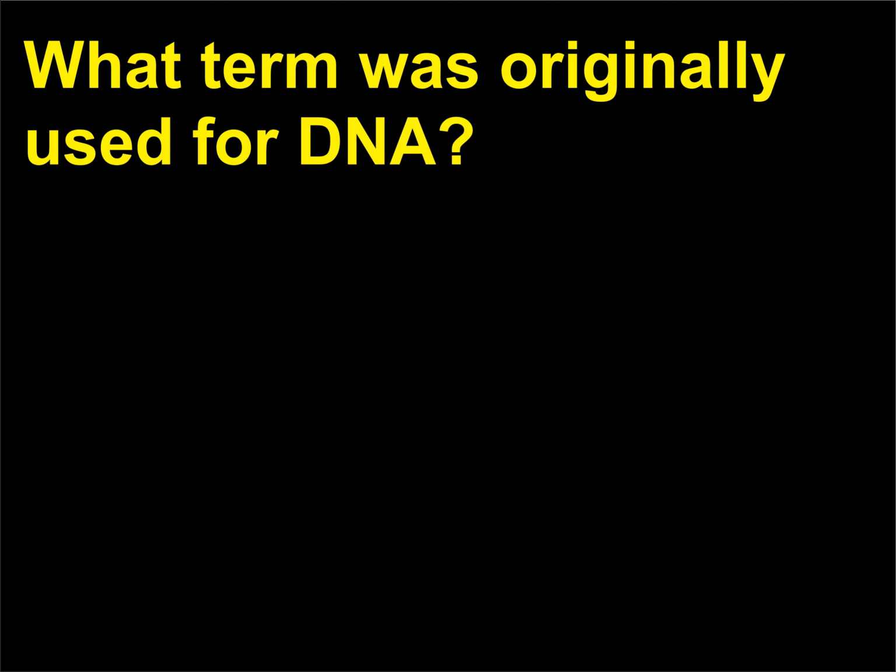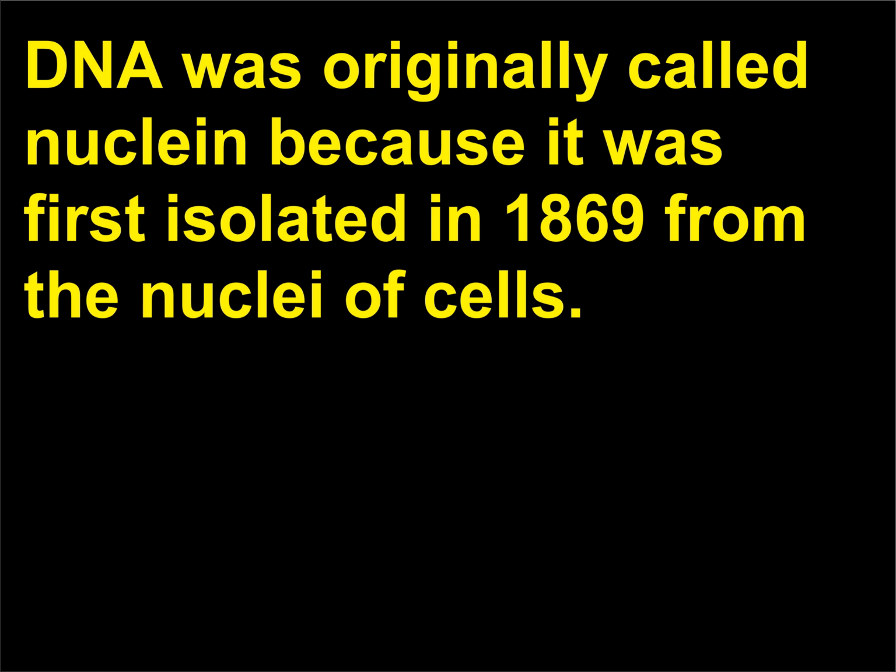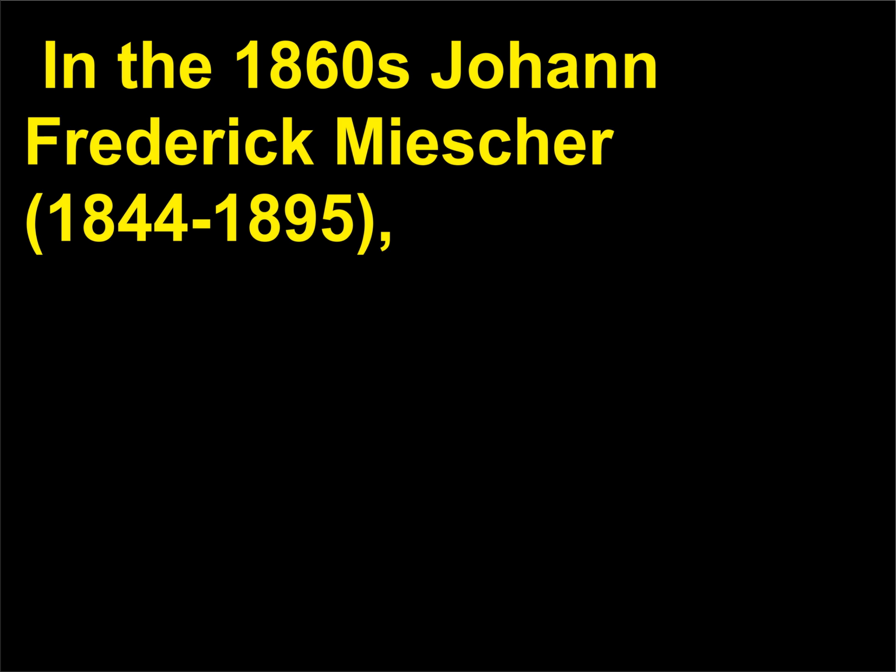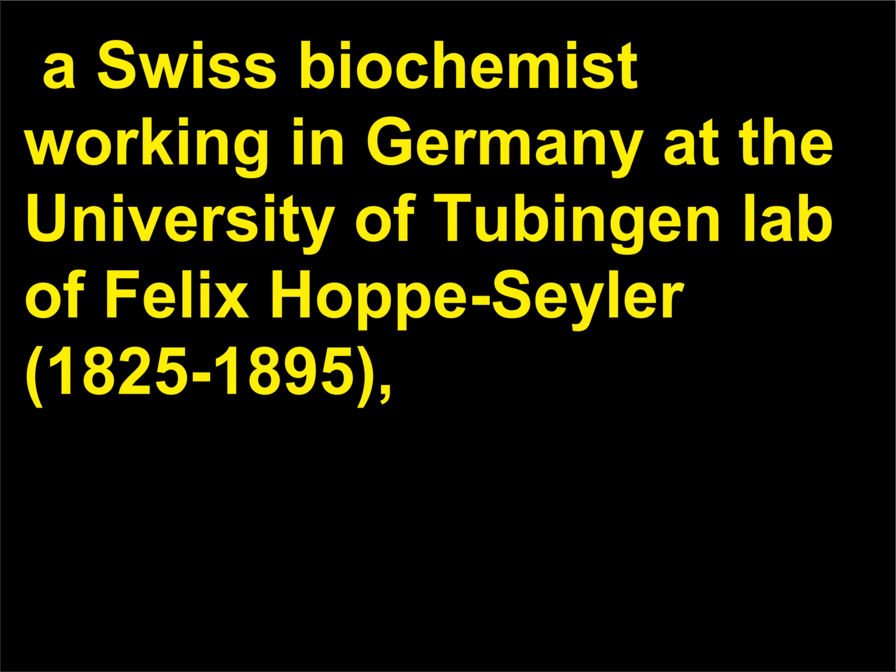What term was originally used for DNA? DNA was originally called nuclein because it was first isolated in 1869 from the nuclei of cells. In the 1860s, Johann Friedrich Miescher, 1844 to 1895, a Swiss biochemist working in Germany at the University of Tübingen lab of Felix Hoppe-Seyler, 1825–1895,